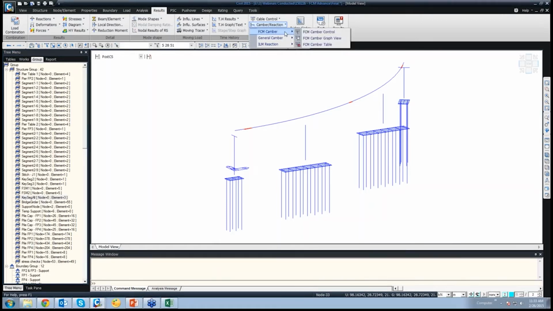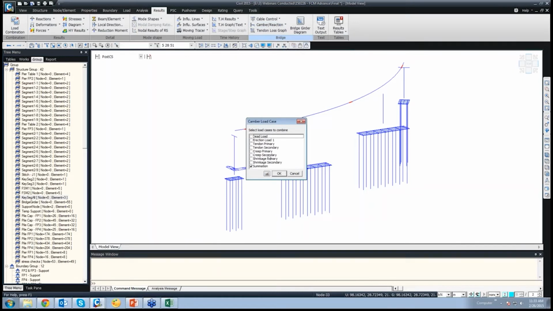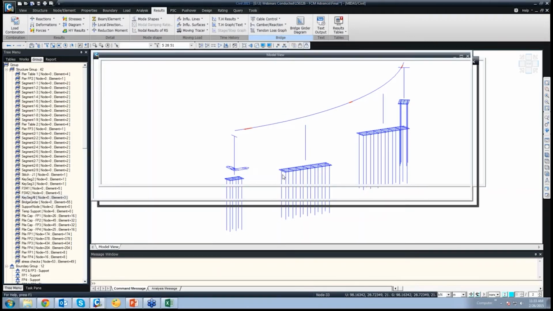After that, to check the camber in the graphical format, go to camber reaction, FCM camber and FCM camber graph view. Say for the summation load case, which includes the dead load, tendon primary, secondary, everything, we say okay.